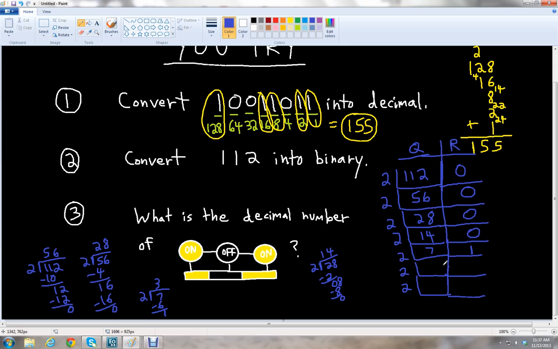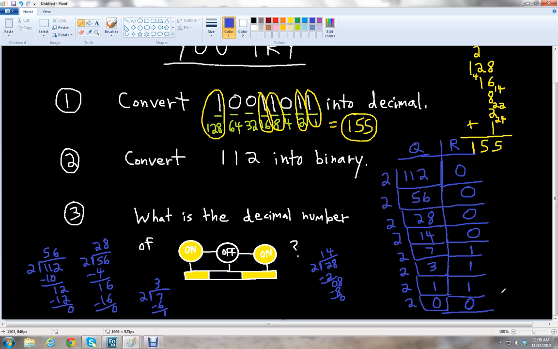So our quotient was 3, and then we know 2 goes into 3 one time. 2 goes into 1 0 times, so we would have a remainder of 1 left over. And I think this will be the end of the road here, because 2 and 2 0, we know 0 times 2 is 0. So we have a remainder of 0. And then now what we do